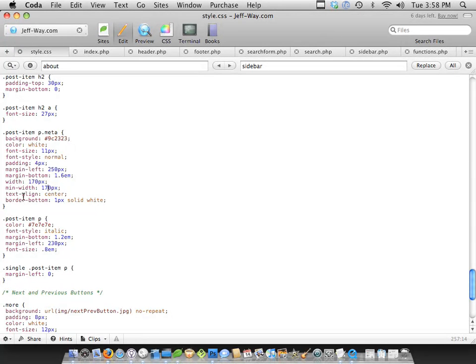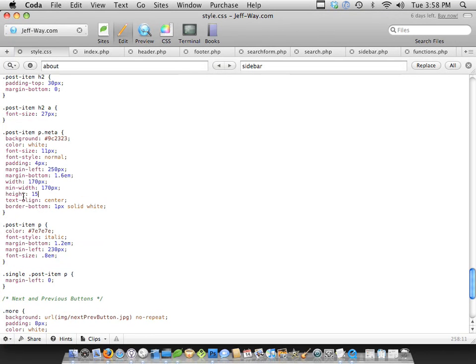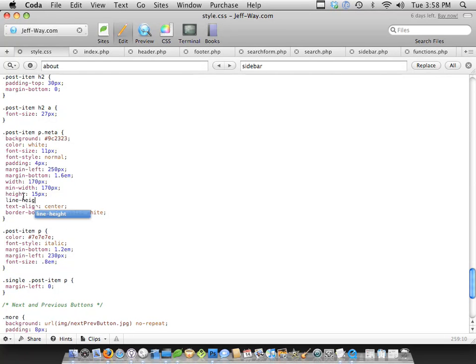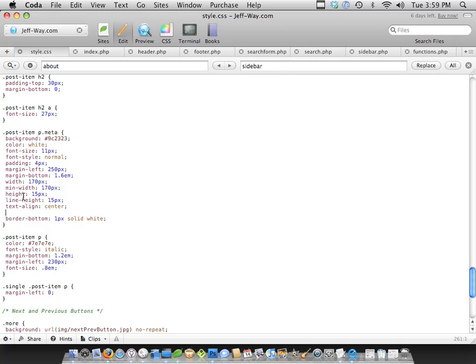Width, we're going to increase this to 170, but also set a minimum width of 170 as well. The next step is a height of 15 pixels, and a line height of 15 pixels as well, and that will essentially vertically center the text. And then finally, let's take care of some borders, once again just to add more depth. It's the little things that make it stand out. So border top, 1 pixel solid,